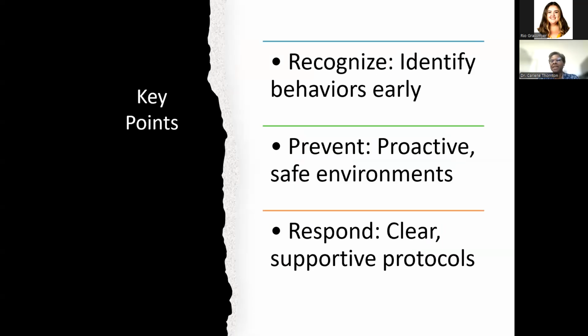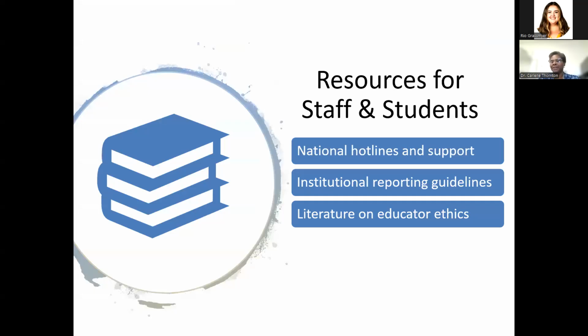We have to recognize the behaviors early. We have to create that safe environment, foster that culture, to where we're going to protect our students, that I'm watching and I'm not going to be quiet. So you can't bribe me, you can't threaten me, because I'm not going to tolerate you abusing a student. And we need to know our protocols and follow our protocols, but also make sure that our protocols are clear. Know what hotlines are available, support systems within your institutions. Follow your procedures when it comes to reporting. Report it, document it.